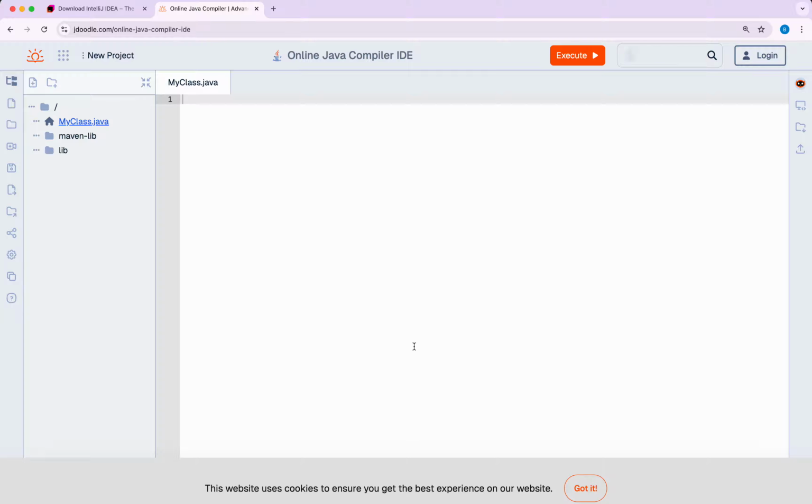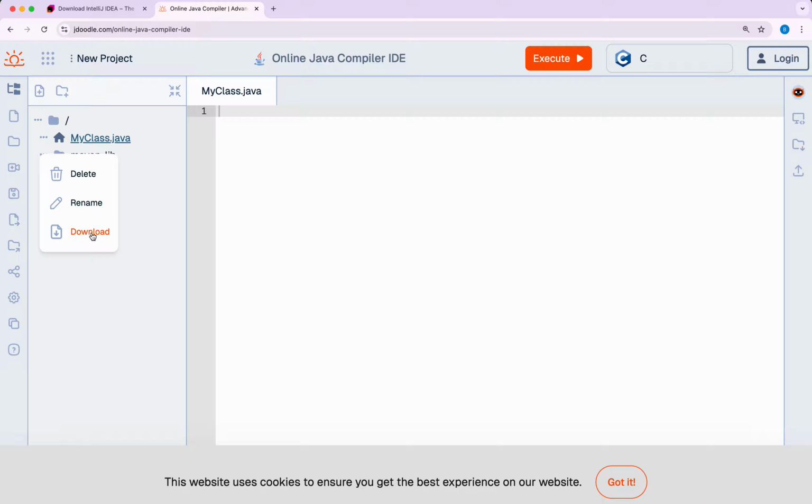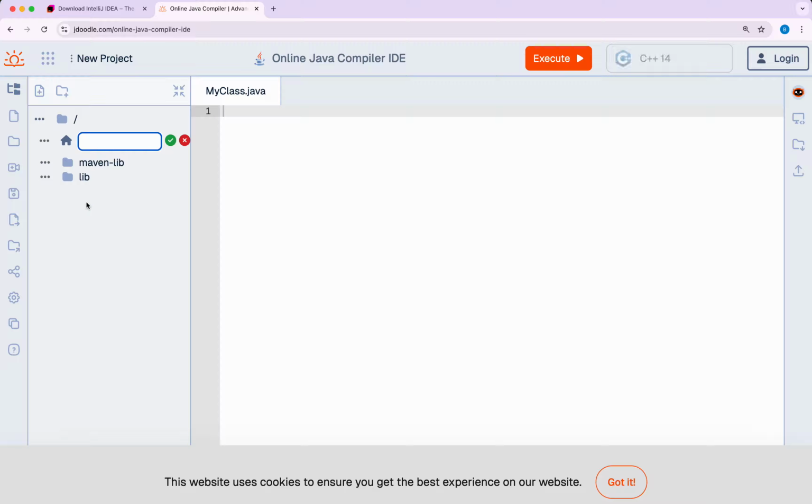One of the things you might want to do is rename the Java file. So let's say we've been talking about house, right? And let's say I want to call this house application. I'll click these three dots next to this home button. Once I click the dot, I get this pop-up. I can delete, I can rename, I can download. What I want to do at this time is rename. Once I hit that, I can say house